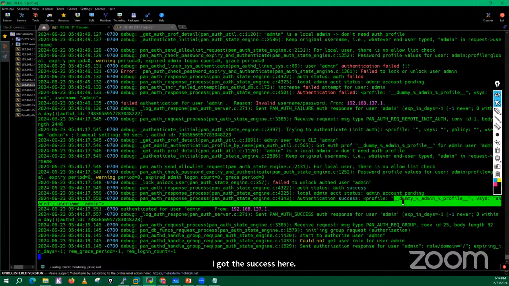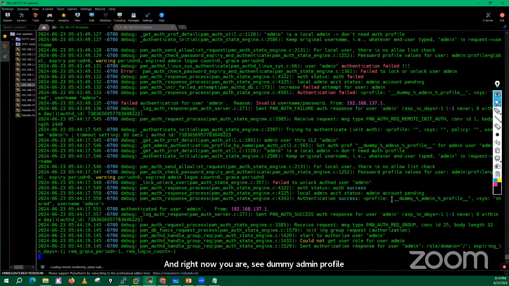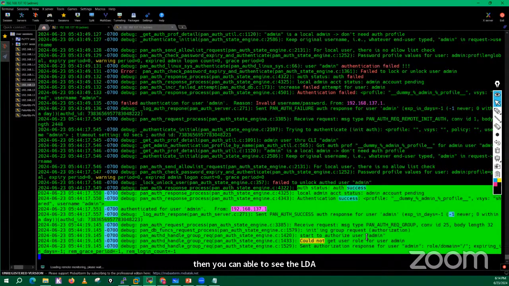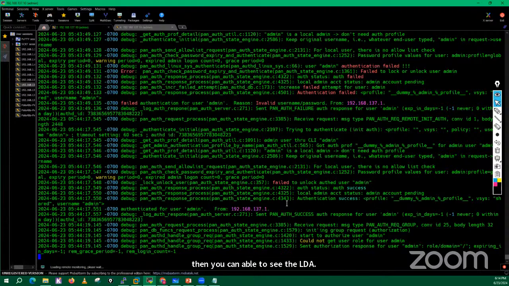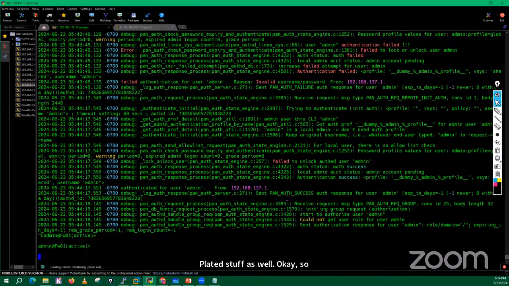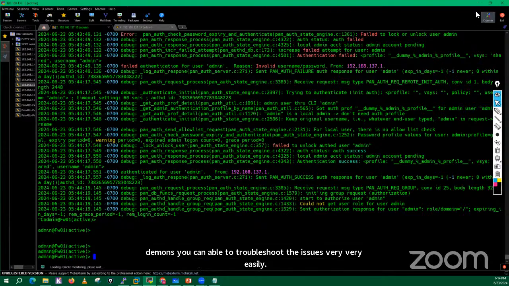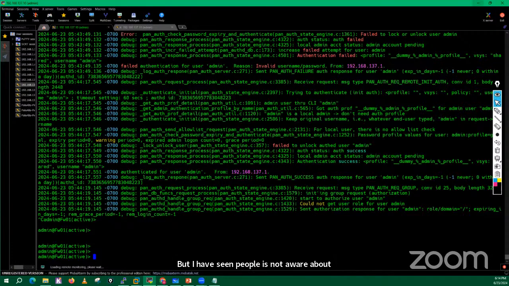And right now you see the dummy admin profile, which means we have one admin profile. If you are using LDAP and so on, then you will be able to see the LDAP related stuff as well. So, if you know the daemons, you can troubleshoot the issues very easily. But I have seen people are not aware of these processes. Okay. Now,